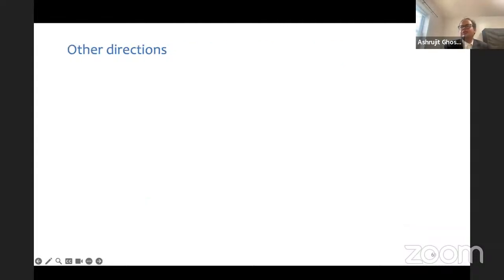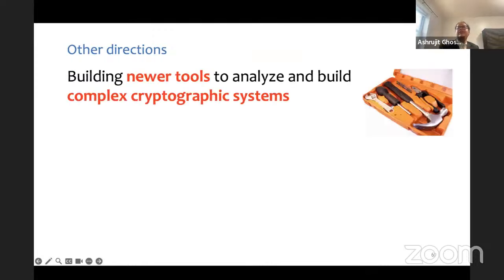A long-term goal for me is to develop more techniques to analyze exact security of complex cryptographic systems. A lot of cryptographic constructions have connections to different objects that are well studied in theoretical computer science. I hope to find new connections that lead us to improved constructions for complex cryptographic objects.